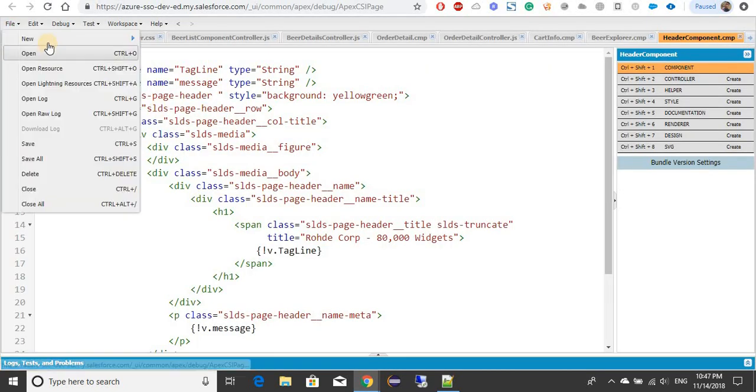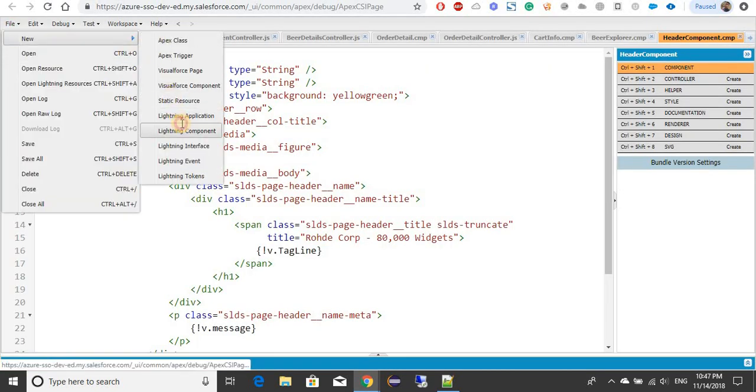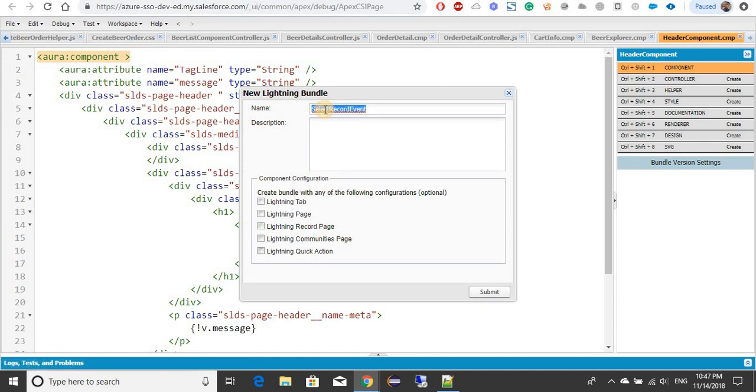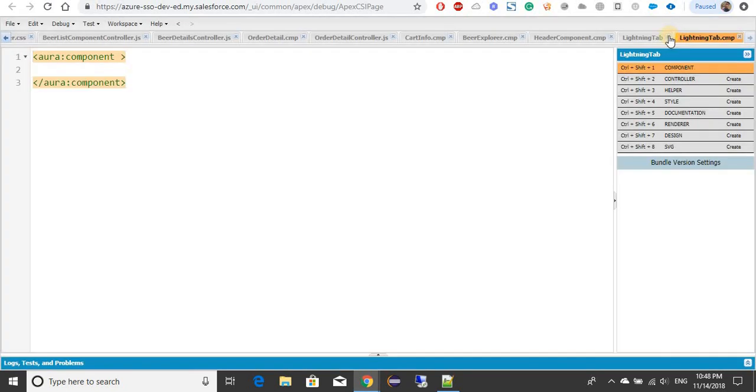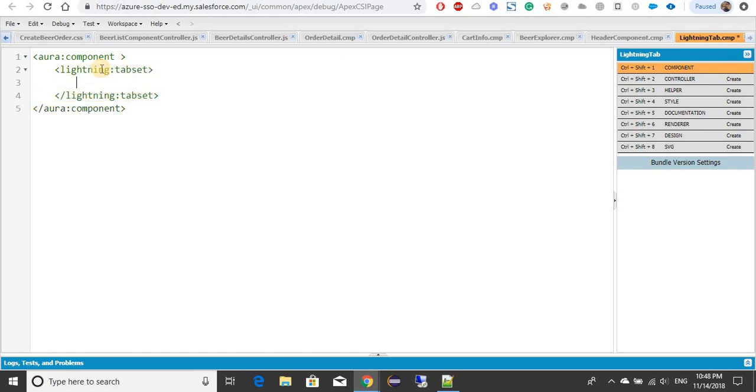Okay, so now let's go ahead, create a new lightning component, and name it lightning tab. Here inside lightning tab, what we need is lightning colon tab set, and then we will use lightning colon tab. We can use label,